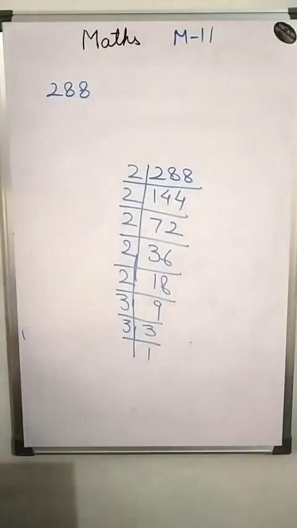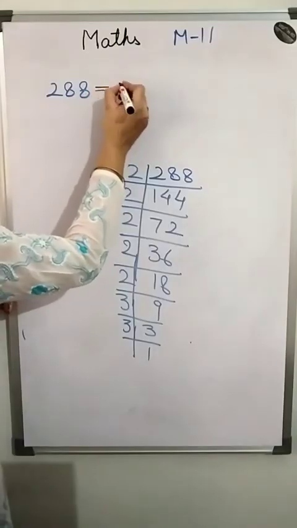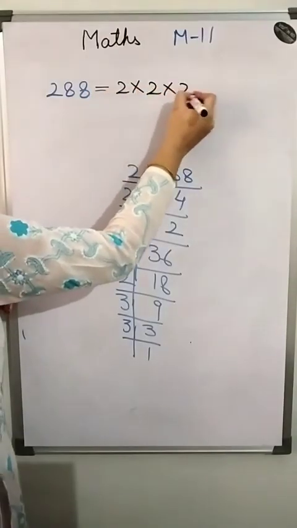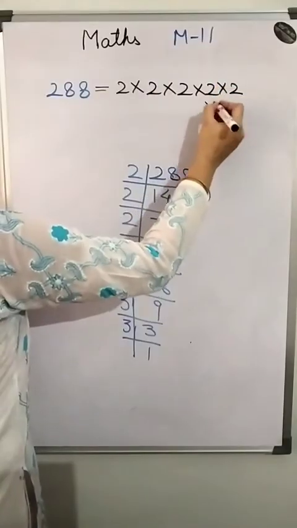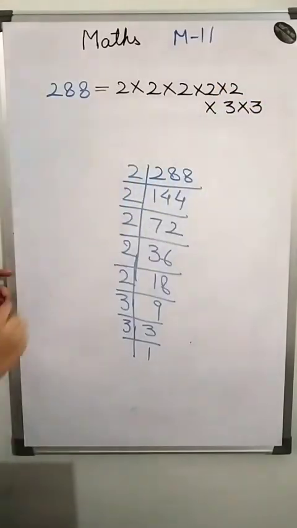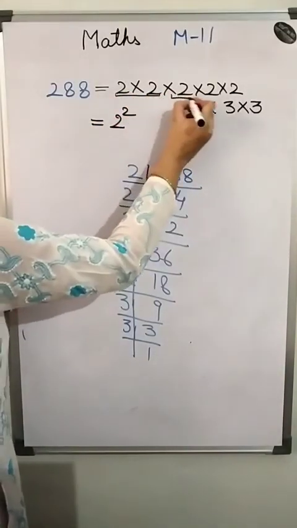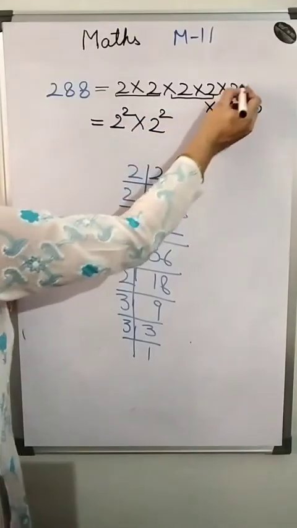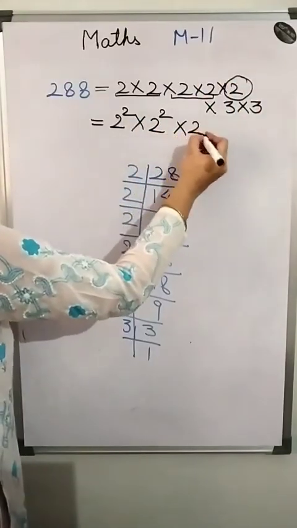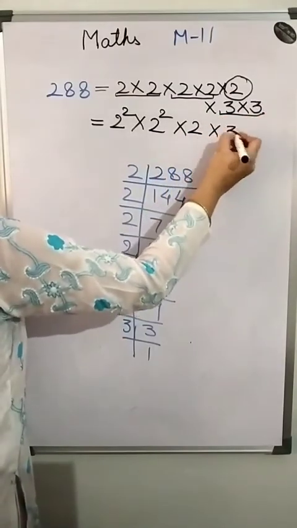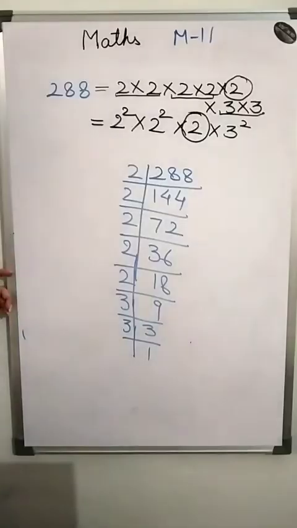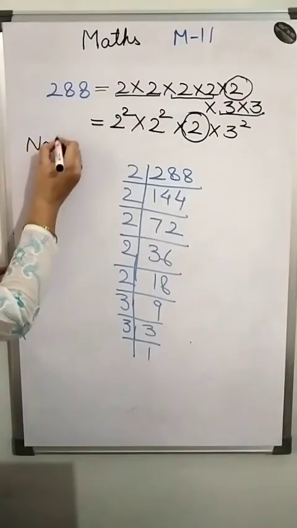Okay. Then what do we do here? We write all the numbers here. How many 2s are here? 5. So write all the 2s here and the 3s also. What next? Write them in pairs. This 2 squared is a pair. This one is also a pair. This 2 is left unpaired. If any number is left unpaired, we can say the number is not a perfect square. Because a 2 is left unpaired, this number is not a perfect square. So write down: not a perfect square.